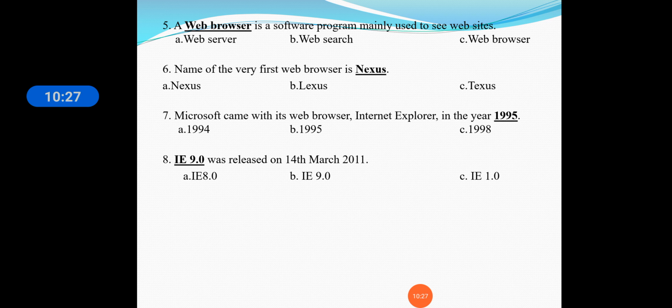Options are A IE 8.0, B IE 9.0, C IE 1.0. So the answer is IE 9.0. Now students, you have to remember that IE is the short form of Internet Explorer, and 8.0, 9.0 and 1.0 are the versions. So Internet Explorer came into existence in 1995 and 9.0 was released on 14 March 2011.